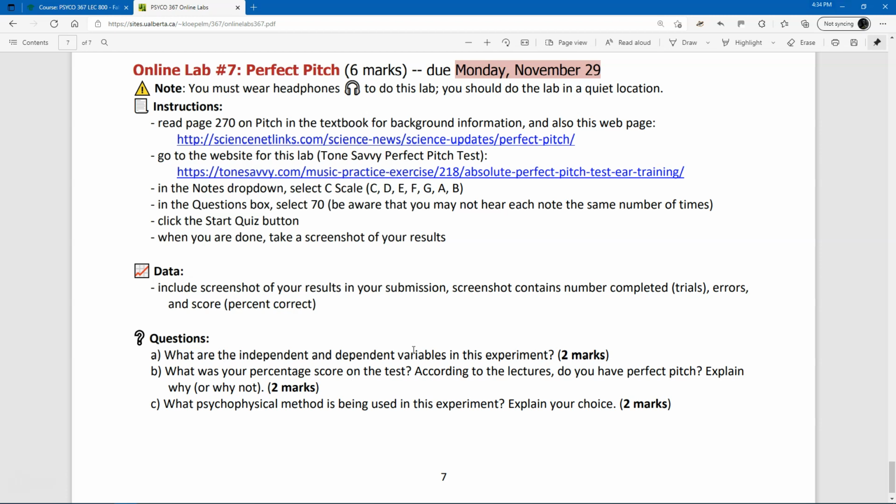Don't wait to do lab 2 until you get your marks for part 1. There's no reason to wait. You can go ahead, and as long as you've read the section of the textbook and maybe I've talked about it in the lectures, you can go ahead and get started with that. Now, in the instructions, I do